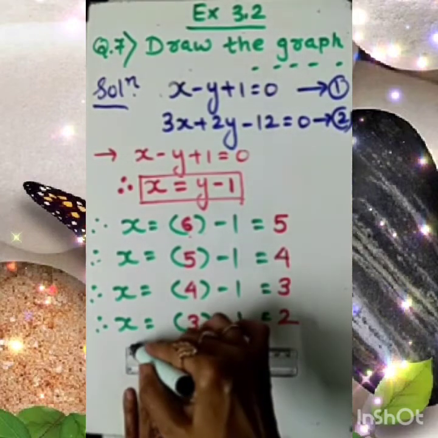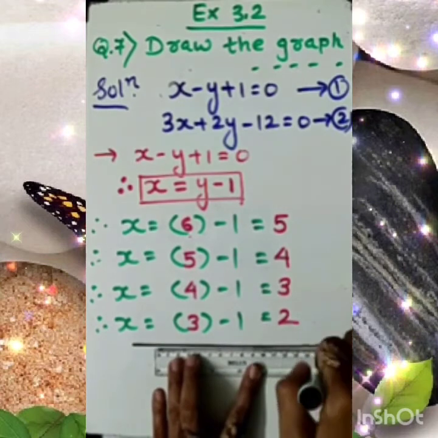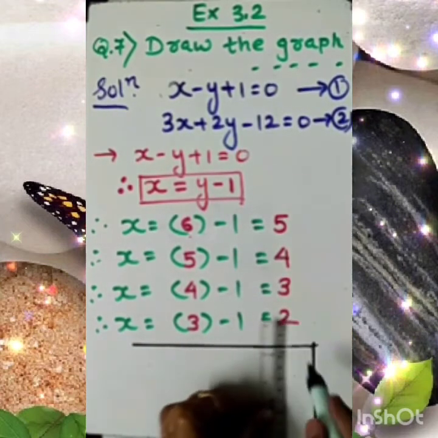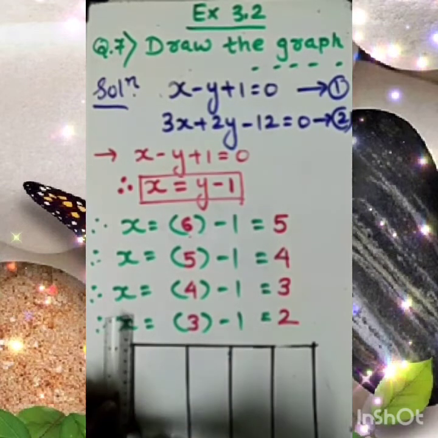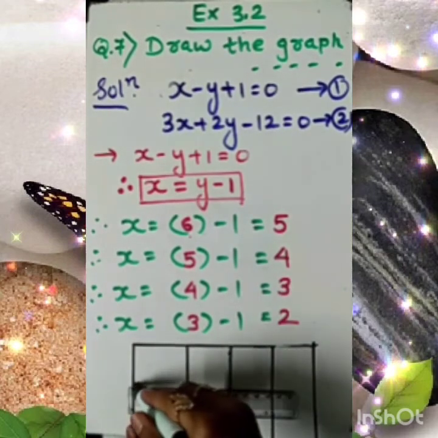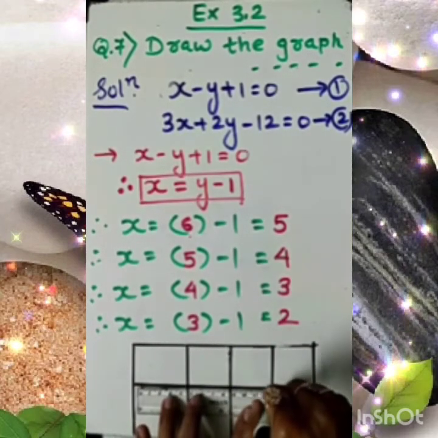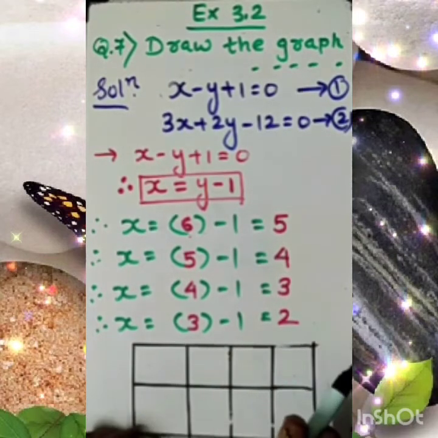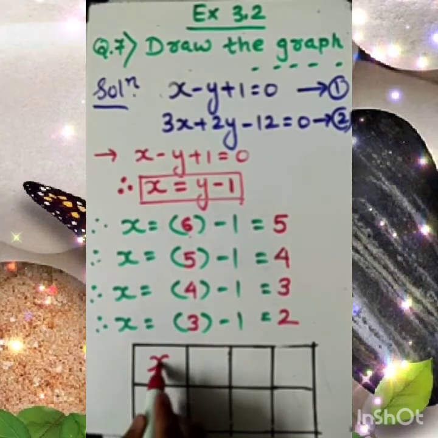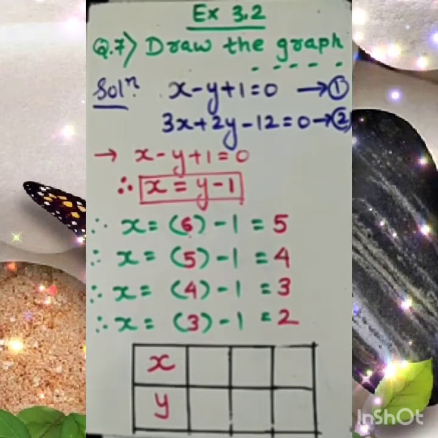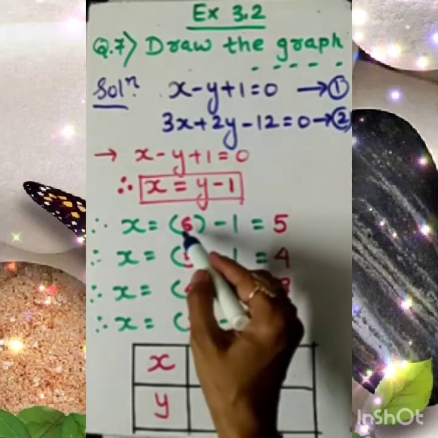So don't forget to draw a table so that it will be easy for you to locate the points on a graph too. Please draw the table without missing it, which is very important, because some students directly start plotting points on graph paper, but there can be confusion of the x and y axes. So for your safety, I request you to draw this table and mention x and y, with the coordinate of x first.